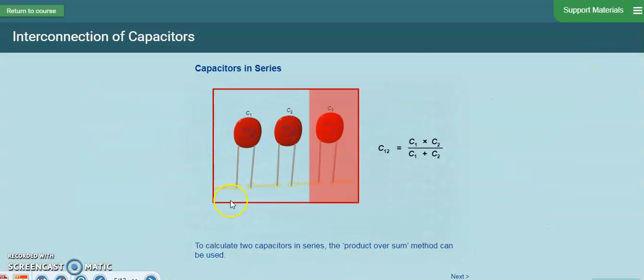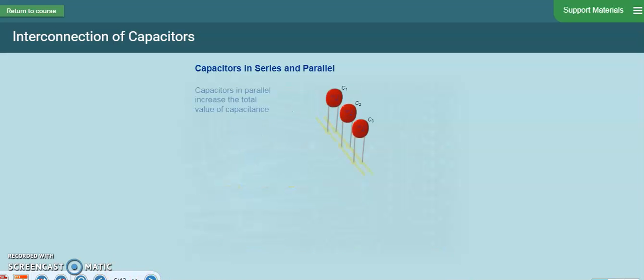So there is nothing to be confused. You can just directly write it as 1 by C total is equal to 1 by C1 plus 1 by C2 if you have 2 capacitors. Now looking into this one, you can see that in a parallel fashion, the capacitors, the total value of capacitance